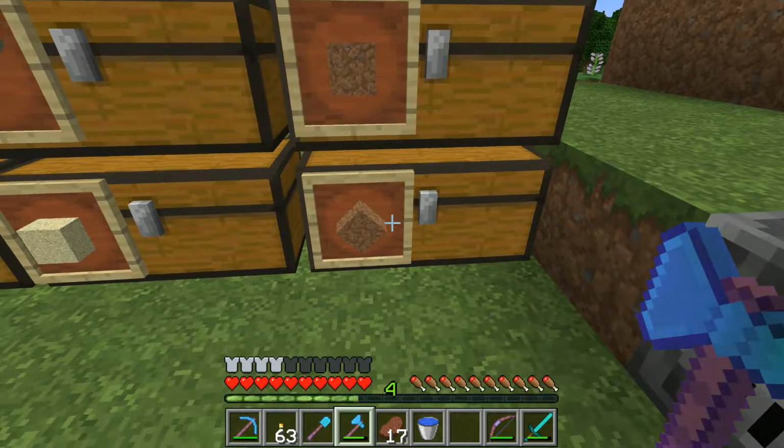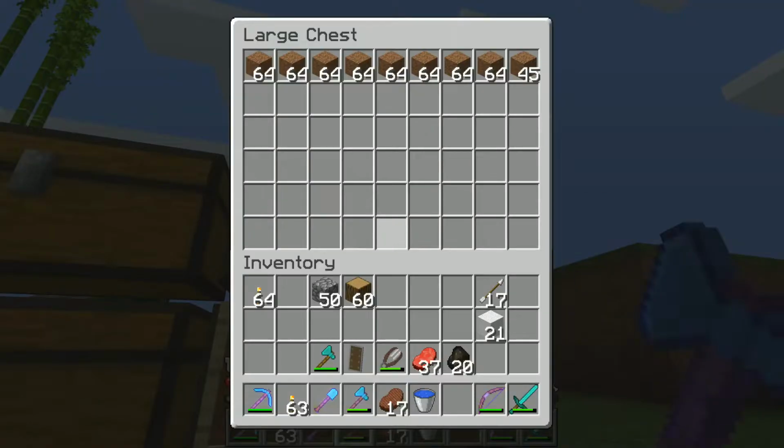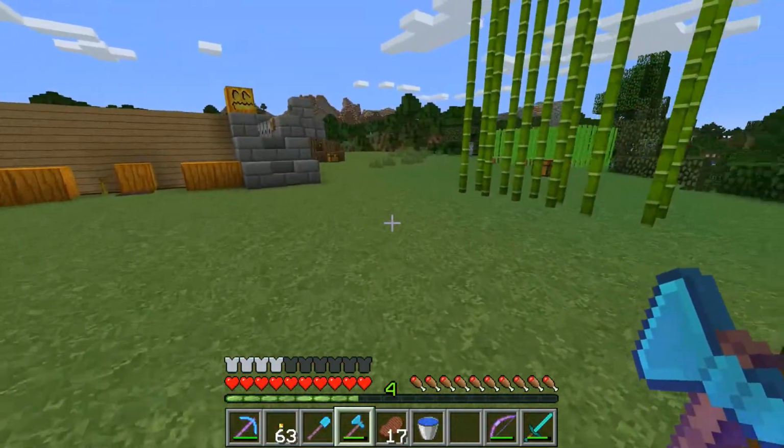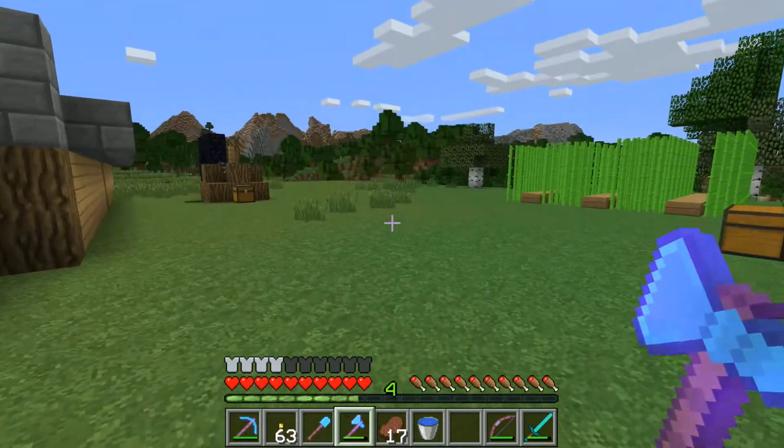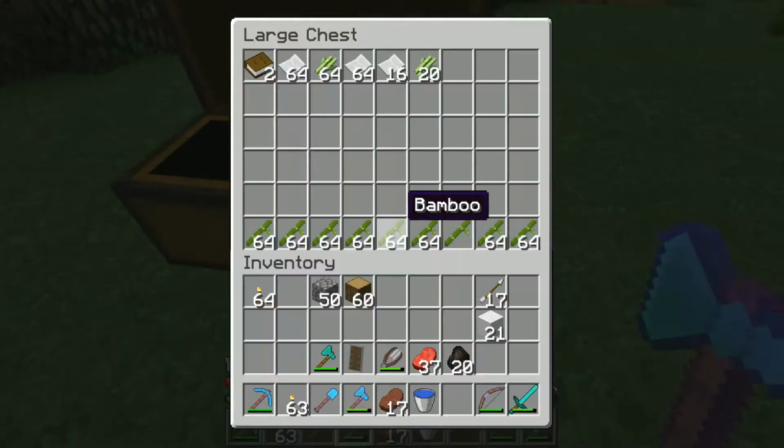We got dirt. Whoops. We got dirt, and a little more dirt. Over here, I've got my bamboo and I've got my sugar cane. Anything that comes out of those is going in this chest, and of course the things you can make out of it too. So as I use the bamboo to make scaffolding, I might store it in here. I've made some books and some paper. You use the sugar cane to make the paper, then you make the paper and leather to make the books, and then you take the books to make the